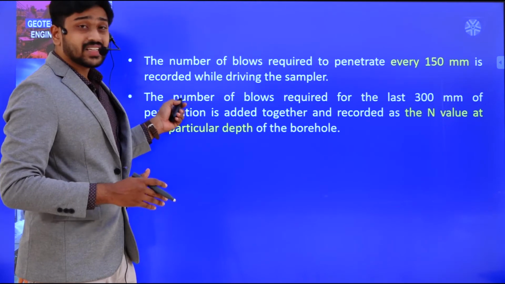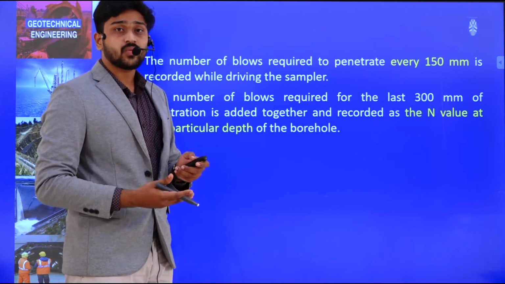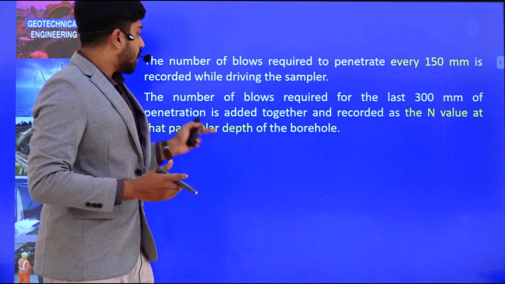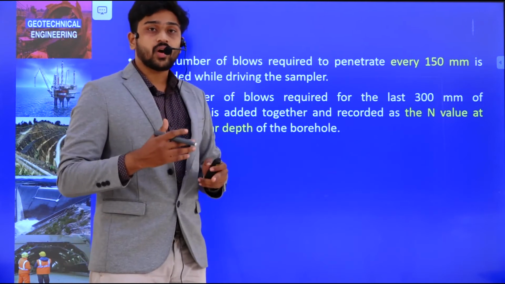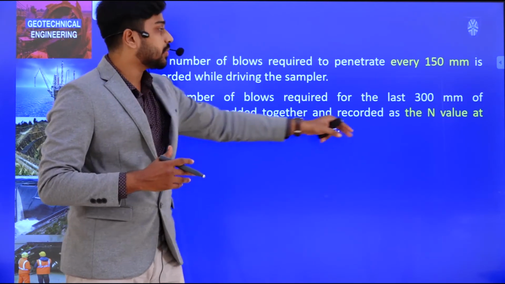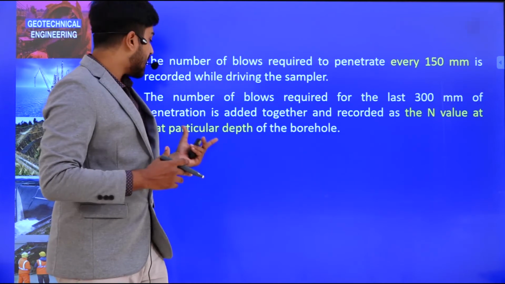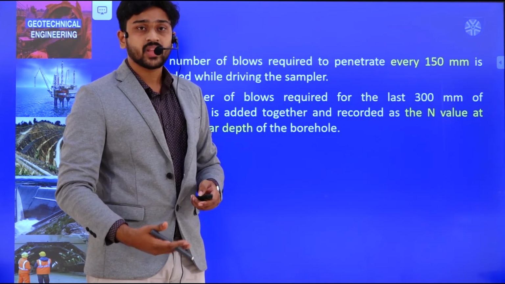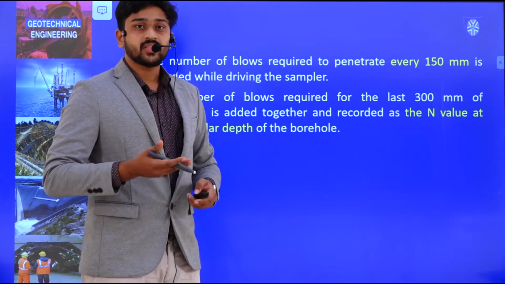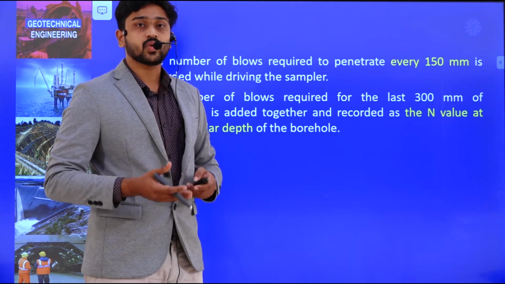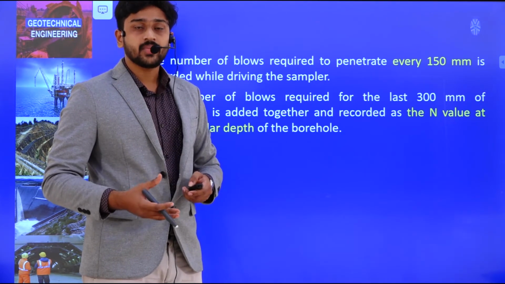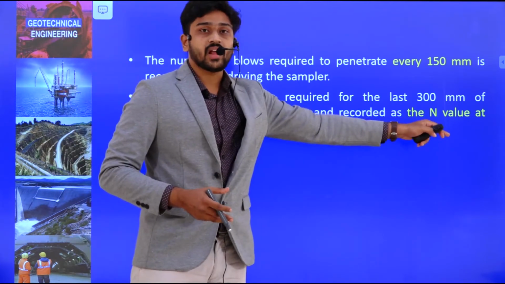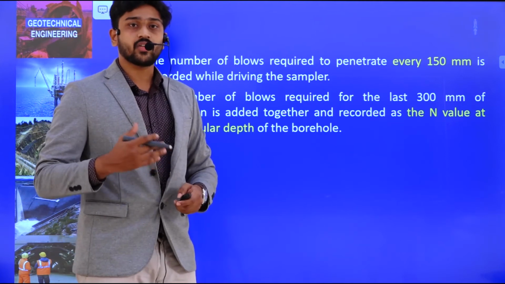So if you look at here, in a similar way we need to proceed till the end at whatever level we require. And the last 30 centimeter, or last 300 mm, of the penetration, whatever is recorded, is our required data, and it is given by the N value, and it is given as the N value of that particular depth. Okay, so if I am digging at say 750 mm, then from that 750 mm, the above two readings, say 150 and 150, those two data are recorded and added up, and the sum of all these blows for that last 300 mm will be my N value. Clear? That is the number of blows.